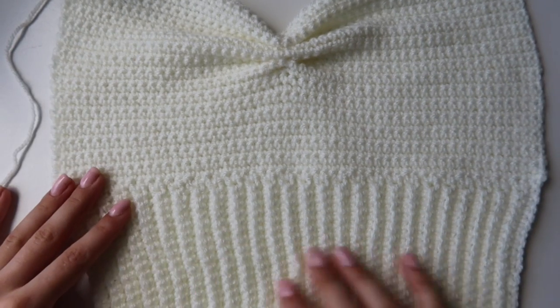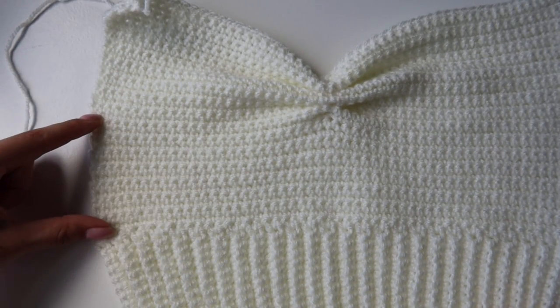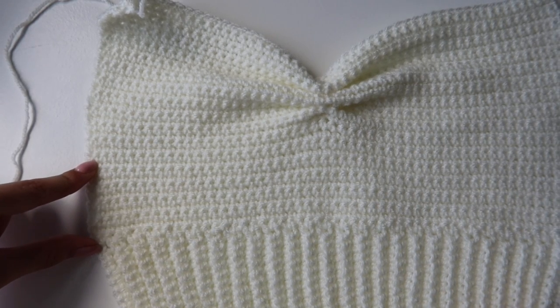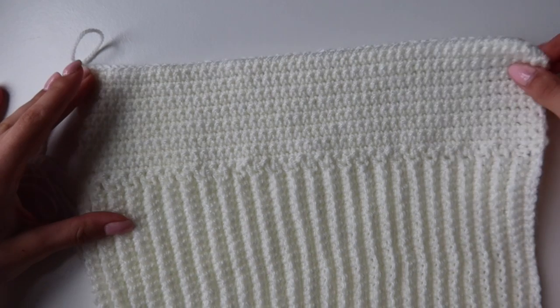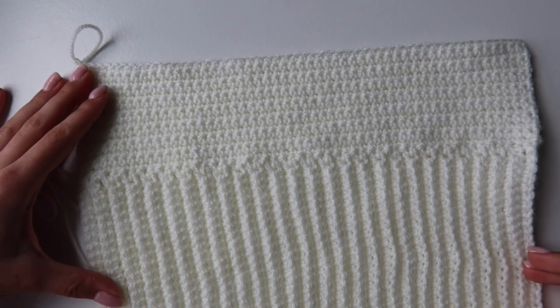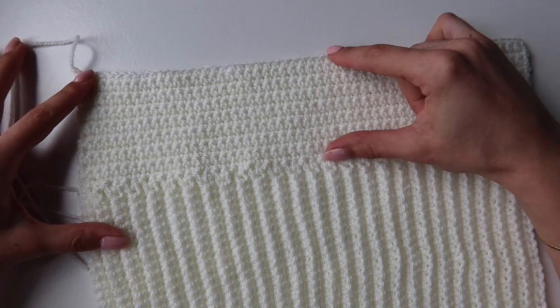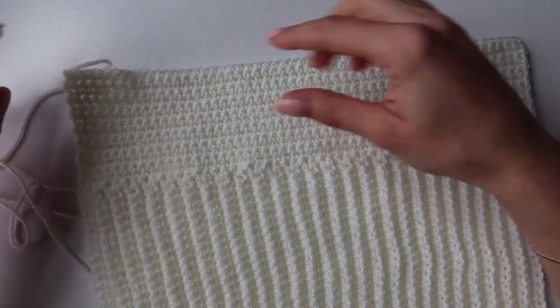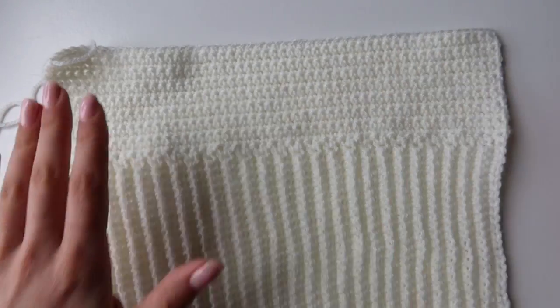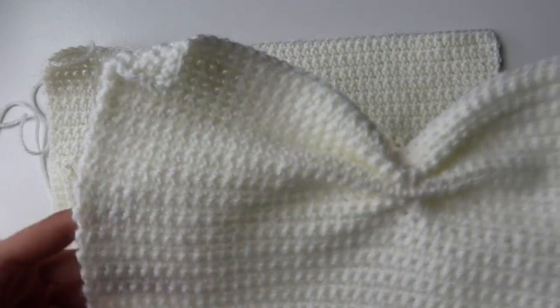So I'm going to repeat my ribbing. I will be doing 16 rows in total for the single crochet, and then I will meet you on how to join it together. And I just finished my back panel as well. It is the same ribbing as for the front, but I did only 16 rows. I have finished with the longer tail for sewing, and now you want to grab your front panel,